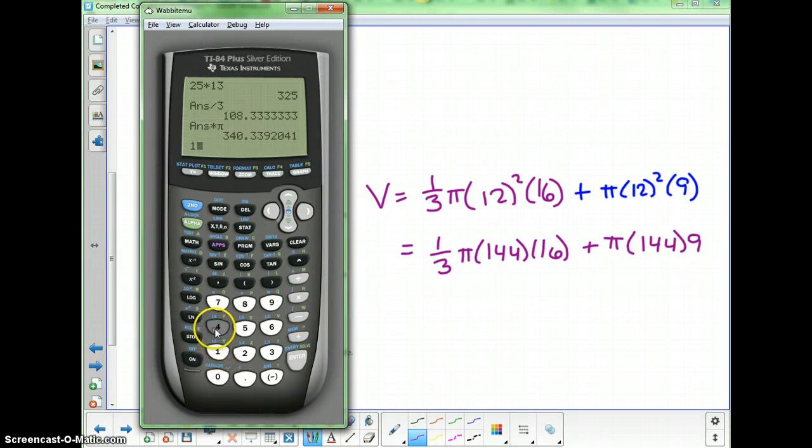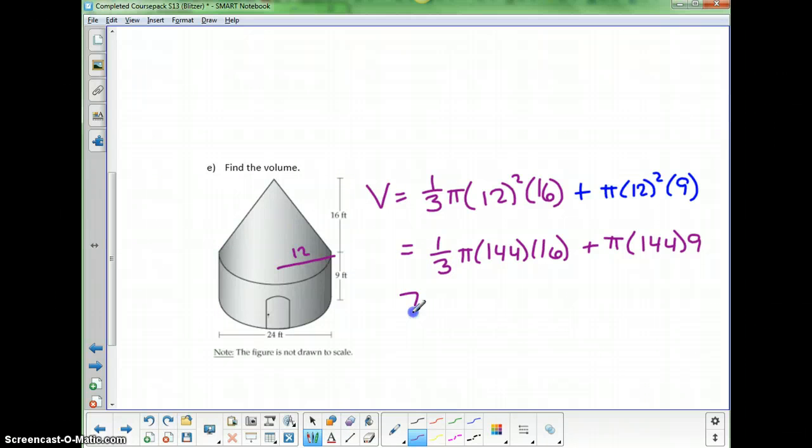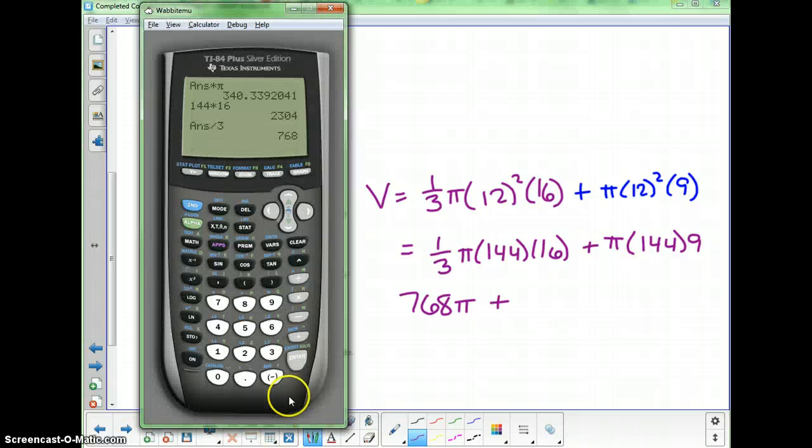144 times 16 is 2,304. I'm going to divide that by the 3 for the 1/3 here. This is 768 pi plus 144 times 9. 144 times 9 is 1,296